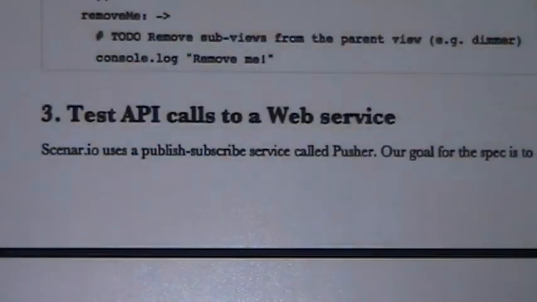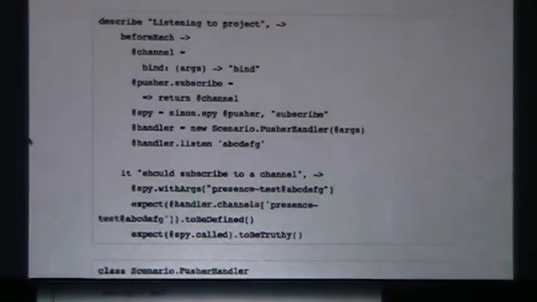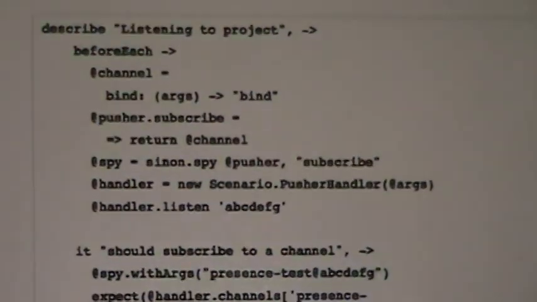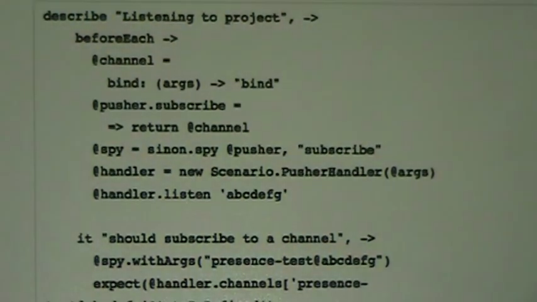Last is API calls to a web service. We're using a service called Pusher that's used for publish-subscribe. There's a way of using multiple browsers to share a project.